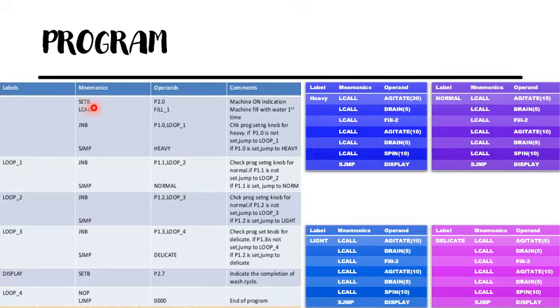Set bit P2.0. We have connected P2.0 to an LED to indicate whether the machine is on or not. So once the machine is on, this LED will glow. LCALL fill 1.